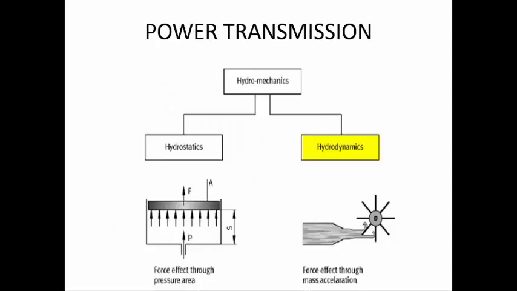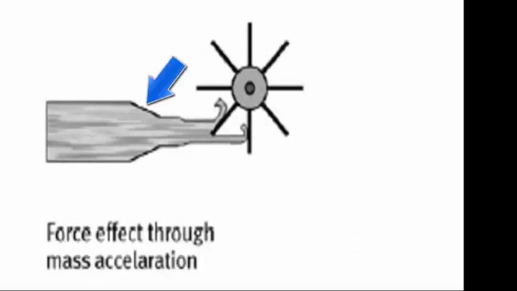In hydrodynamics, it is mainly because of the velocity of the flowing fluid. You have a nozzle. When the fluid comes out of the nozzle, it has very high kinetic energy, which impacts the turbine blades. Then the blades are going to rotate. Since the blades are hinged about a shaft axis, the entire shaft rotates as the fluid continuously impinges on the turbine blades. That is hydrodynamics. So Pelton wheels and the different types of turbines are examples of hydrodynamic systems, whereas pistons and cylinders are examples of hydrostatic systems.